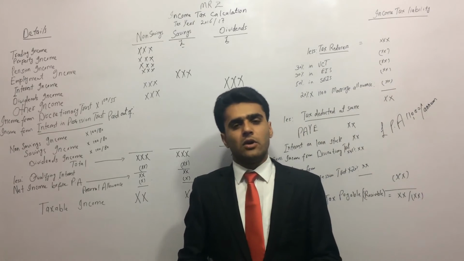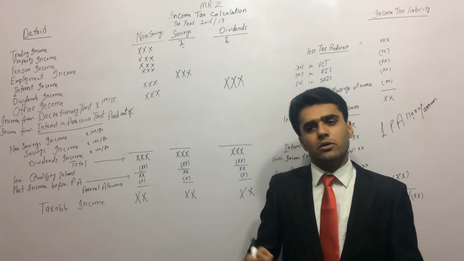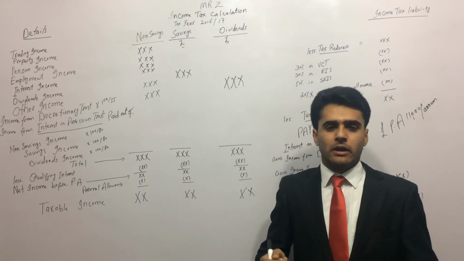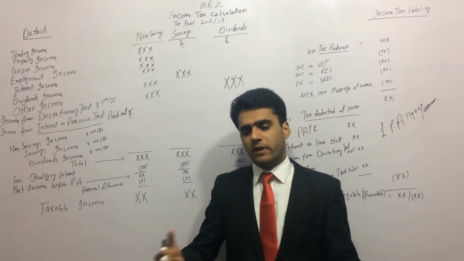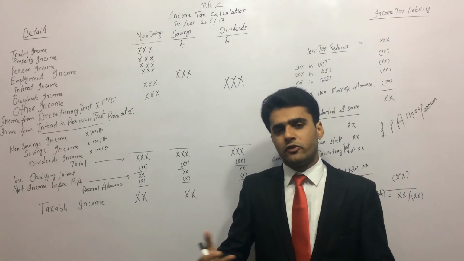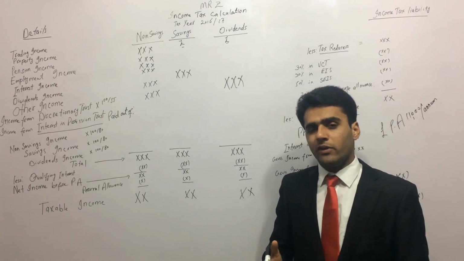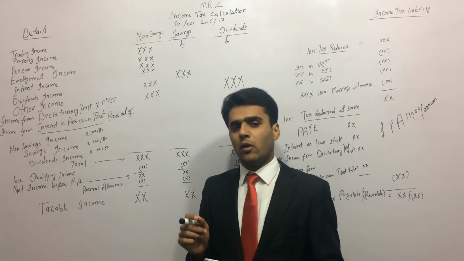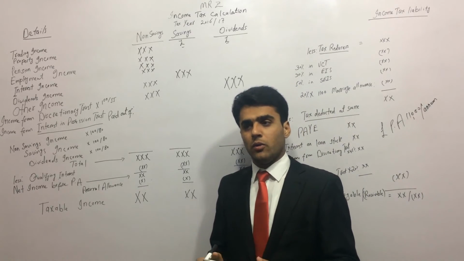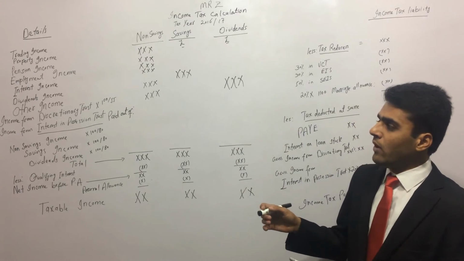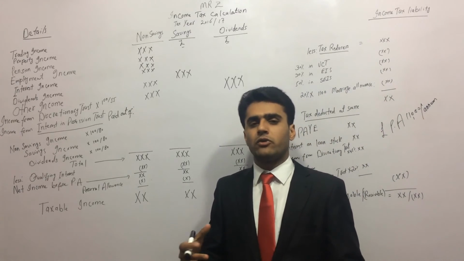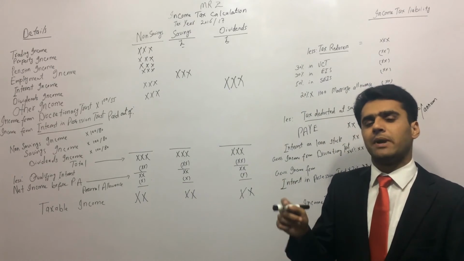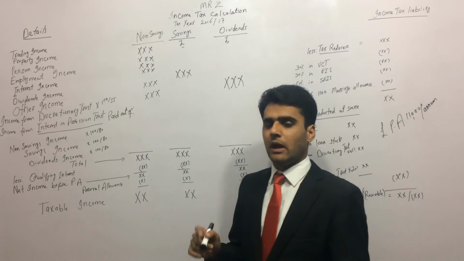Now, interest is always earned on a loan. Now, if I give a loan to an unquoted company and they give me loan stock and they pay me interest on that, that interest will always be received net. We need to gross it up. Now, this is the only interest income which will be received net. So this is a new rule. So if you have received interest on the loan stock of an unquoted company, then we need to gross it up. We need to multiply it by 100 divided by 80. That is the only rule.